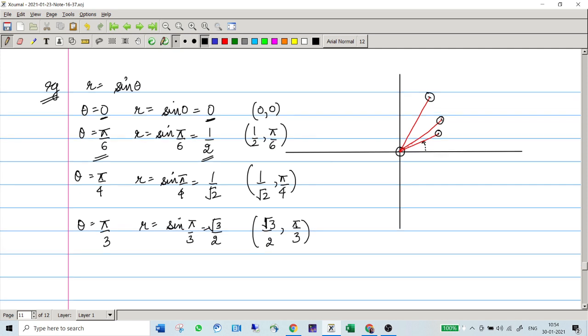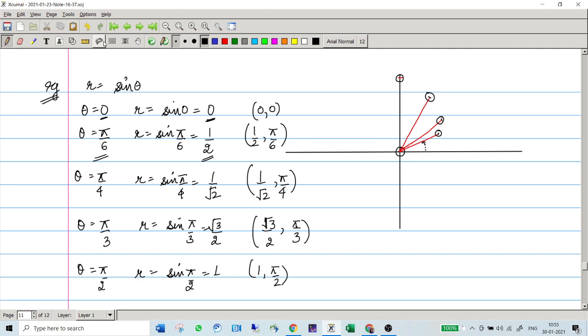And one more thing, let us just consider pi by 2. r would be sine pi by 2, which means 1, so (1, pi/2) is the point which is the next one you have to plot. So pi by 2 radians from the positive x-axis means now we have moved to the y-axis. This is pi by 2 exactly. And how many units? 1 unit means we'll be reaching here. So this is your point. So from 0 to pi by 2, you have collected the points.